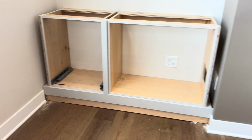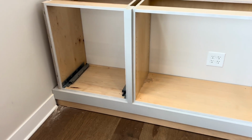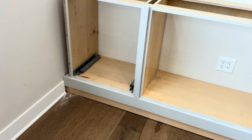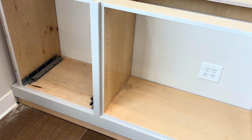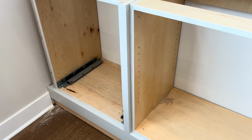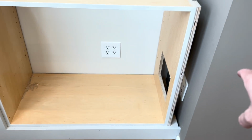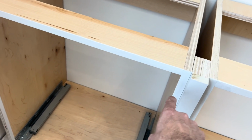Okay, so let's take a look at where we are so far. We've got the toe kick in, we have the toe kick face frame rail down at the bottom installed. We have both left and right cabinets in, and then we also have our filler going in between here. This is serving a couple of different functions. First of all, it is separating the two cabinets, and because I'm going to be adding a stile here and a stile there, this is going to separate the cabinet doors and basically be a stile here in between them,